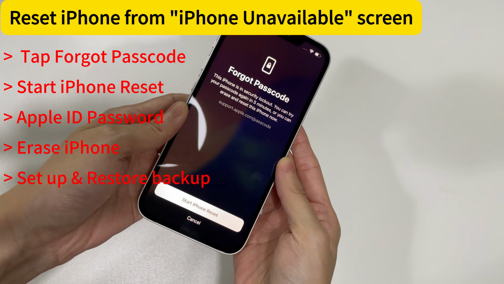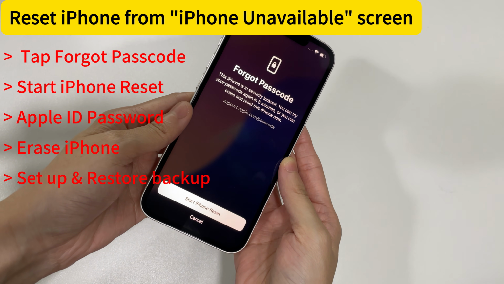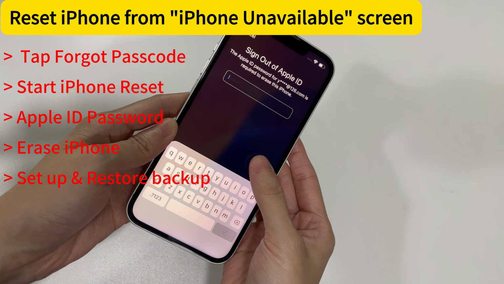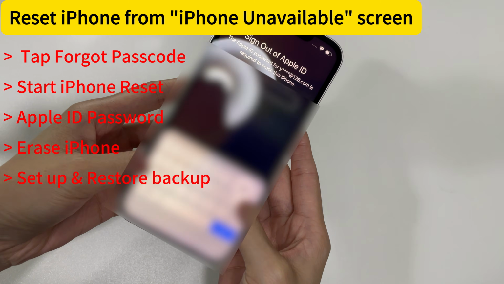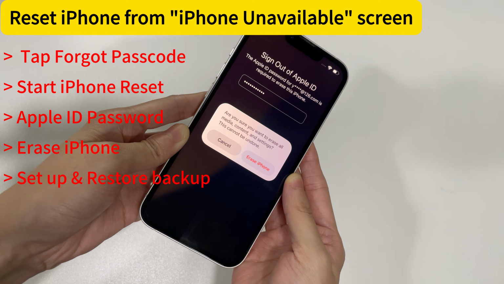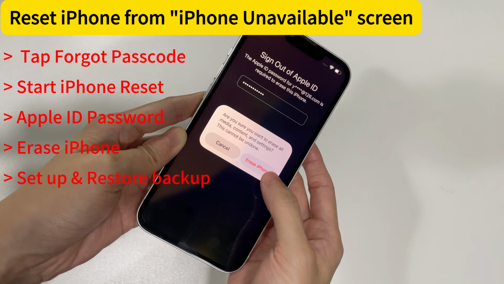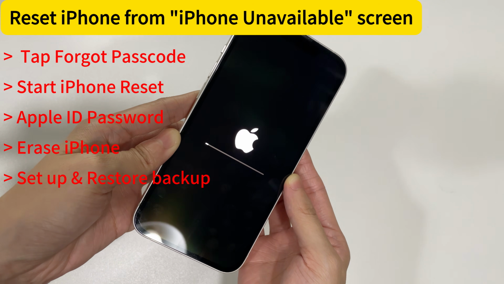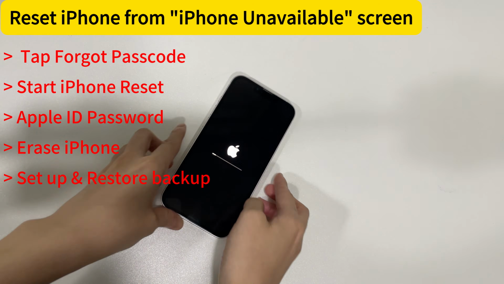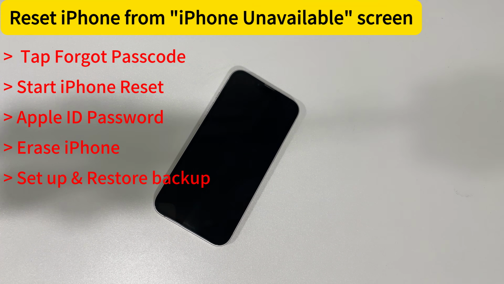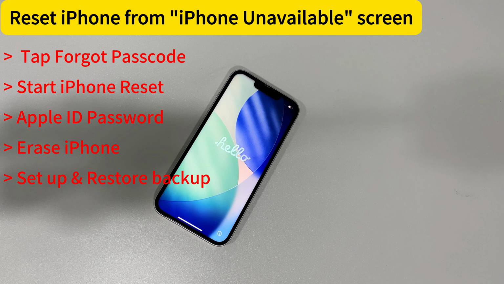Then, tap on Start iPhone Reset button if you can't remember the correct passcode. Next, enter your Apple account password to sign out of your account, then confirm by tapping Erase iPhone. Your phone will restart and reset itself to factory settings, which wipes everything, including the passcode. When done, your phone should reboot as a brand new device, letting you set it up from scratch and